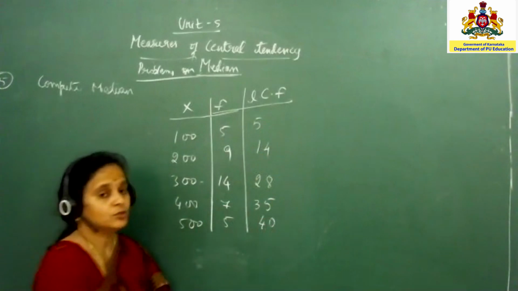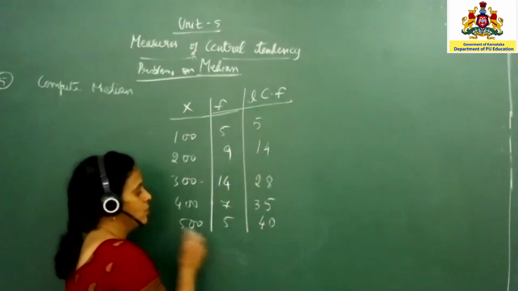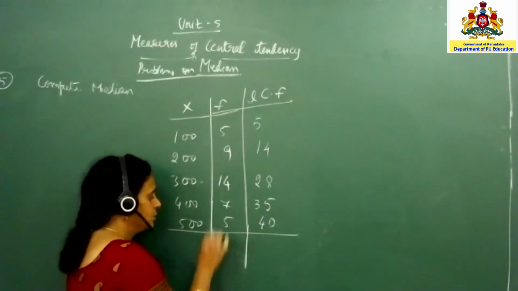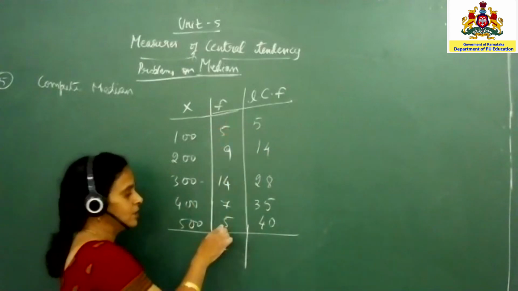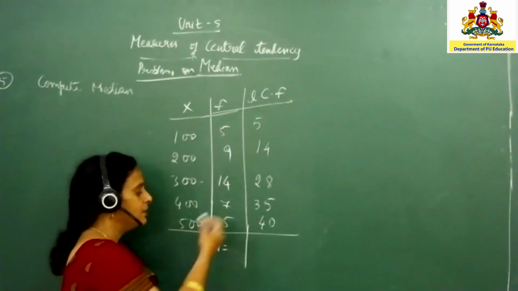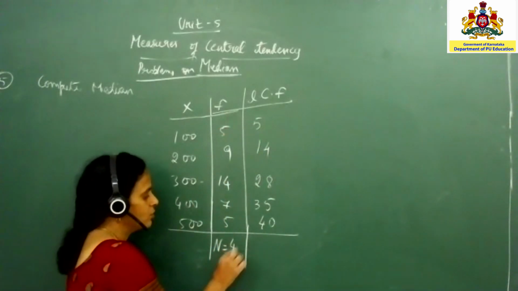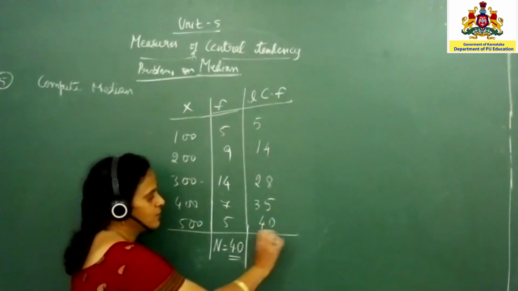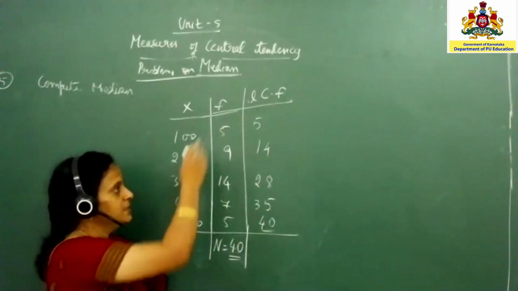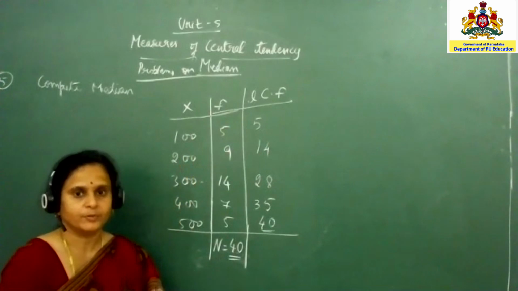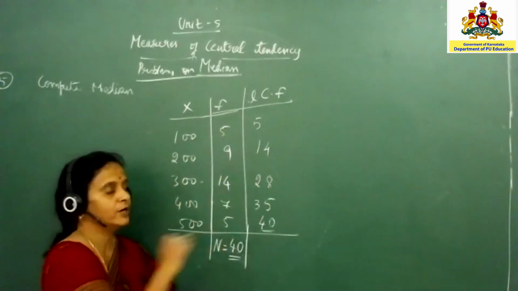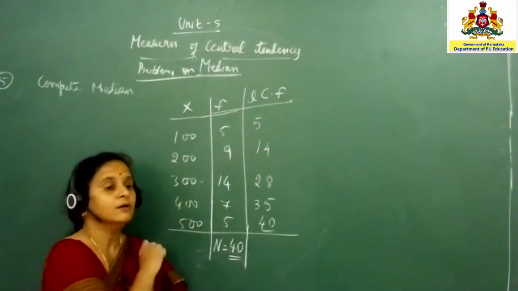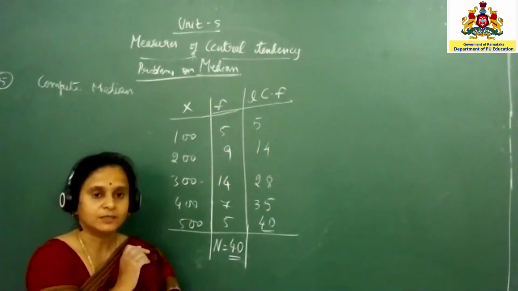40. To cross-check whether what we have taken is right or not, if we add up the second column frequency, which is the total frequency N, this column is 40, and this value and this value will be the same. It means the last cumulative value is the total. So this is the first step we have to carry out whenever we have a frequency distribution of this type.